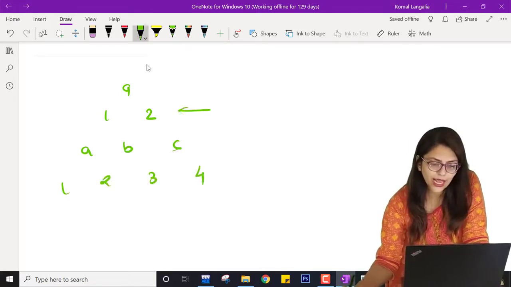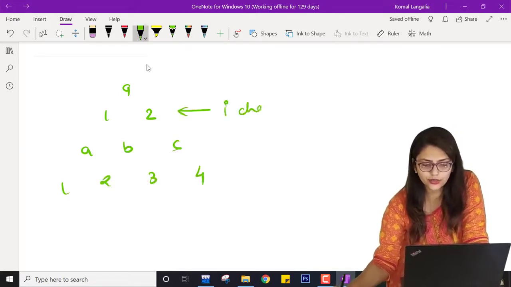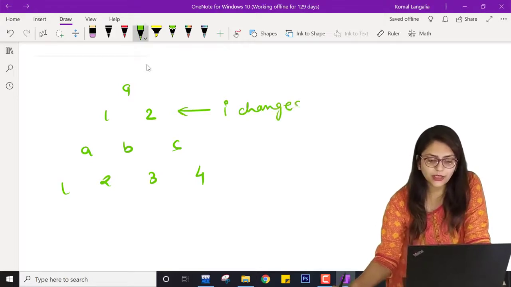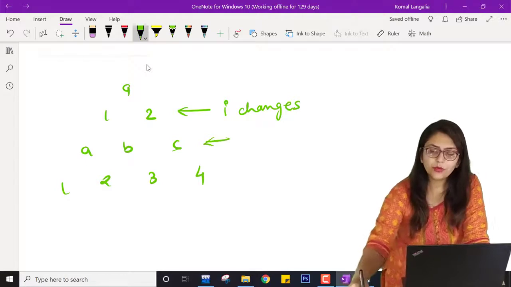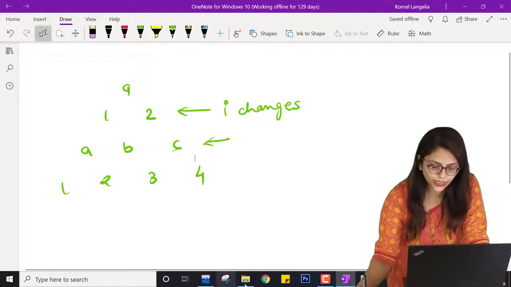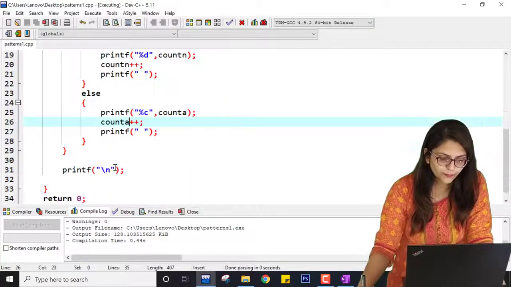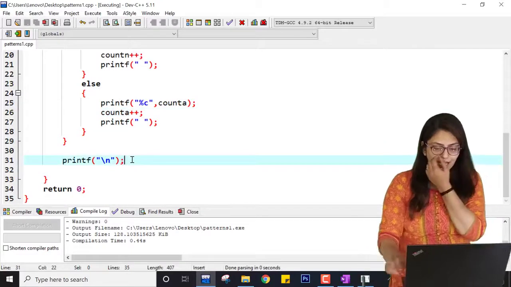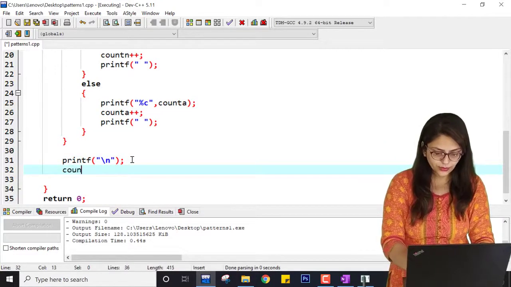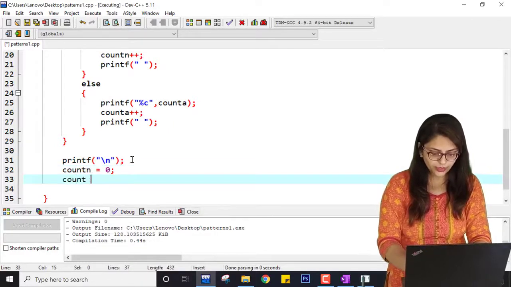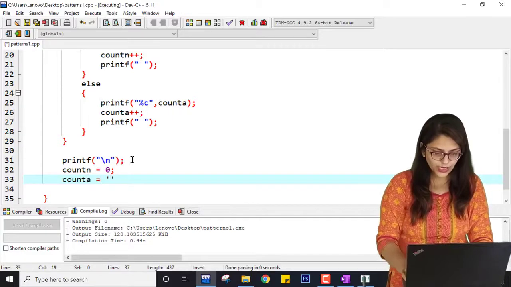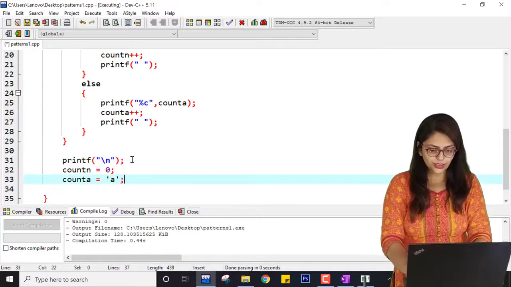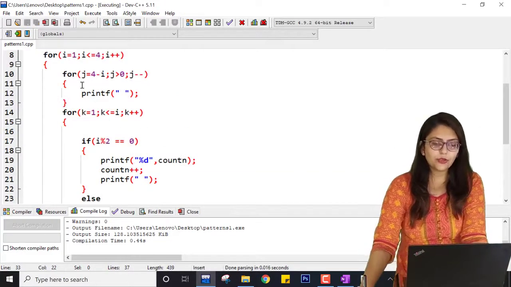Now you can see that every time when I changes, I am starting with 1. Every time when I changes, I am initializing count N and count A. So what will be the change? Every time after the newline, I am doing count N equal to 0 and count A equal to A. Every time I am initializing it, so every time it will do plus plus.